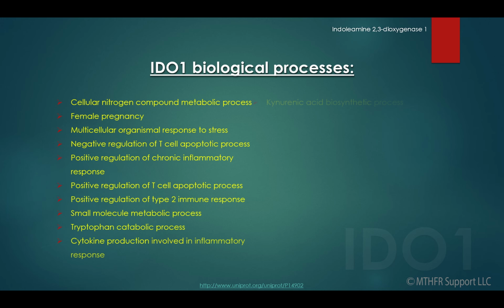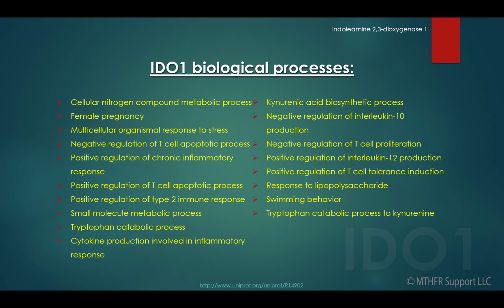The biological processes for IDO1 are cellular nitrogen compound metabolic process, female pregnancy, multicellular organismal response to stress, negative regulation of T-cell apoptotic process, positive regulation of chronic inflammatory response, positive regulation of T-cell apoptotic process, positive regulation of type 2 immune response, small molecule metabolic process, tryptophan catabolic process, cytokine production involved in inflammatory response, kynurenic acid biosynthetic process, negative regulation of interleukin-10 production, negative regulation of T-cell proliferation,